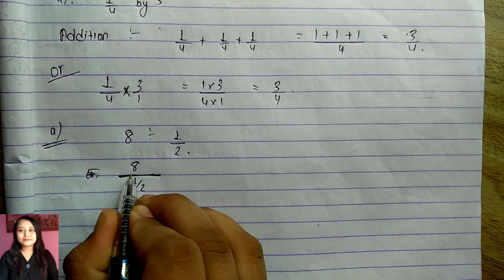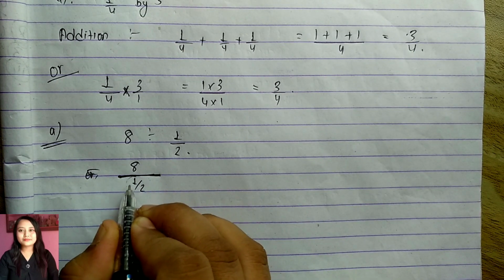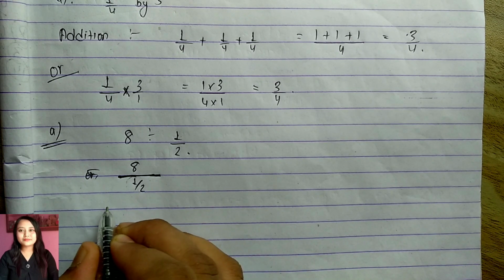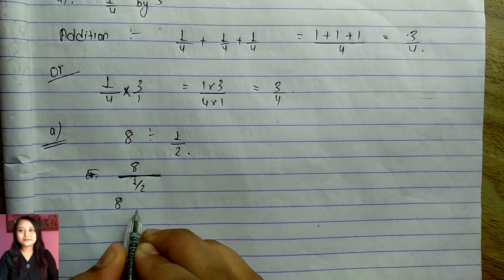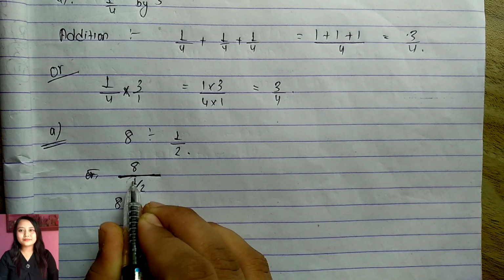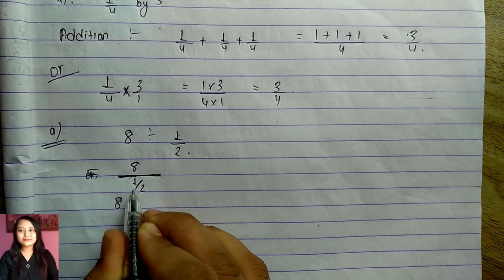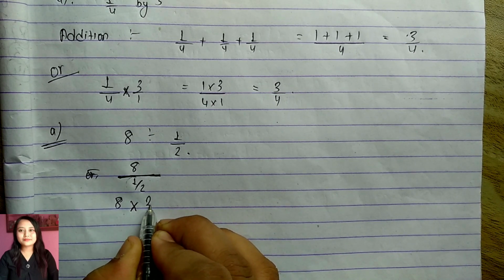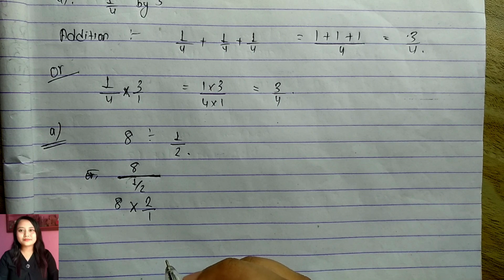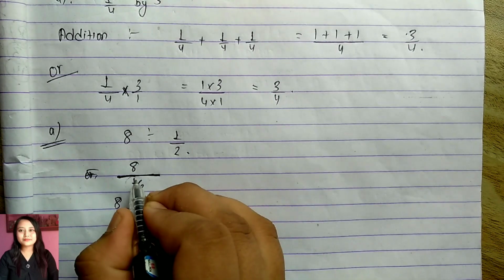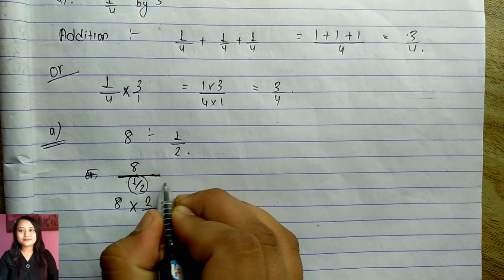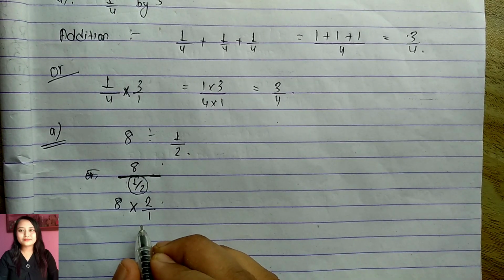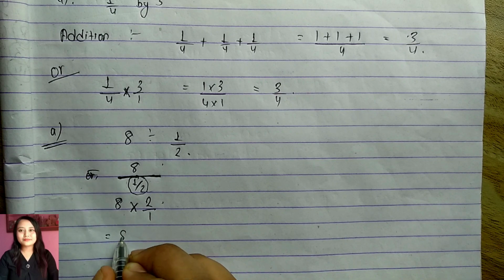From the main divider, whatever number is given and the division is given, now we can do one thing: 8 is the main number there, no? Now this 1 by 2 will go and be multiplied, and it will be inverted, that is 2 by 1. The whole thing will be inverted: this 2 will be on the upper side, 1 will be on the downward side. So this will be the inverse of the fraction, and this is how it will be with 8.